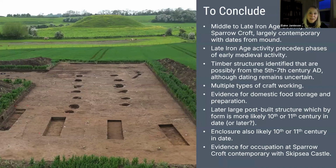Right, I just want to sort of conclude then by saying what a fascinating landscape there is at Skipsea. We've got middle to late Iron Age activity at Sparrow Croft, and late Iron Age activity as well, which works well with the dates that we've got from Castle Mound. That then we seem to have a phase of early medieval activity, which is quite substantial, and I think must have been buried, and is, although it's now only a sort of foot below the topsoil, just basically below the topsoil,